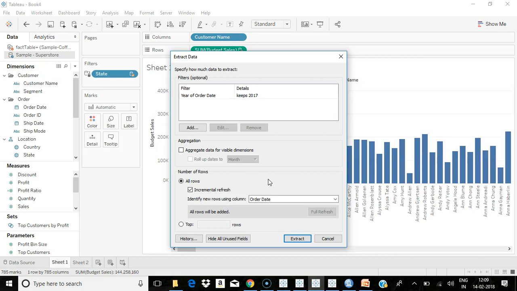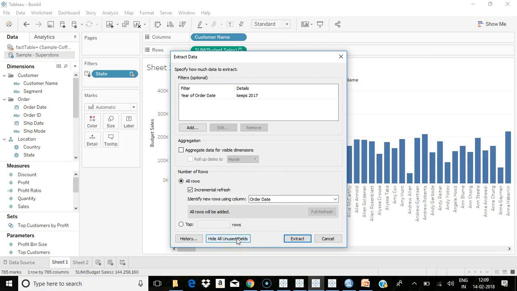When you are going for an incremental refresh, be sure about the columns you are choosing, because based on that only your refresh is going to happen. But incremental refresh is very fast. So you can go for an incremental refresh frequently and do a full refresh once a week so that you can ensure you have the exact copy of the data in your local memory also.